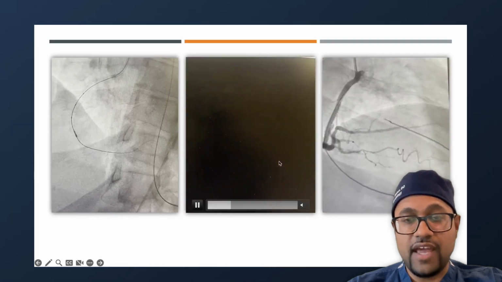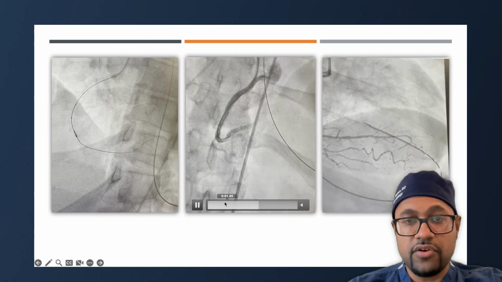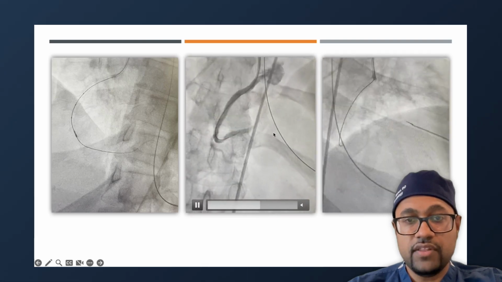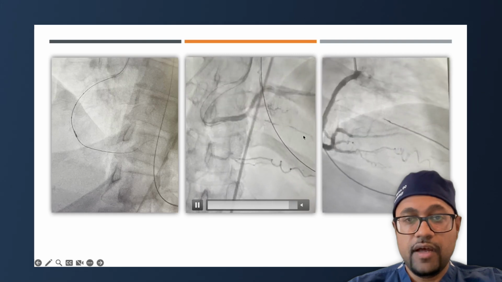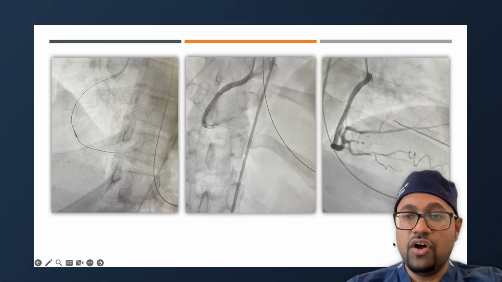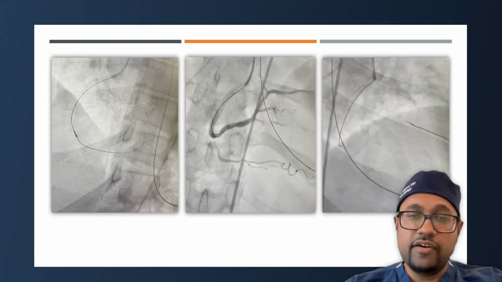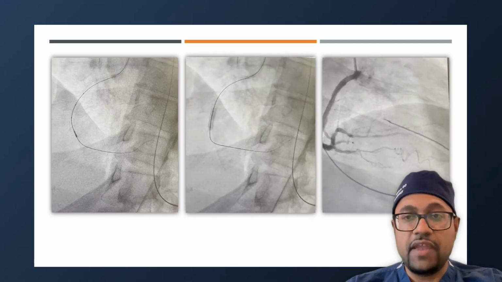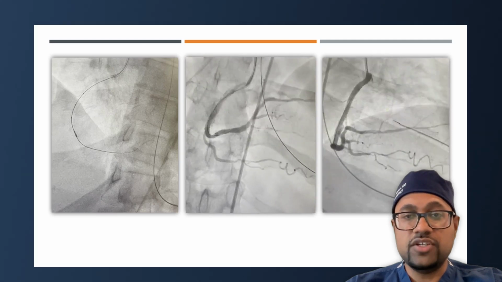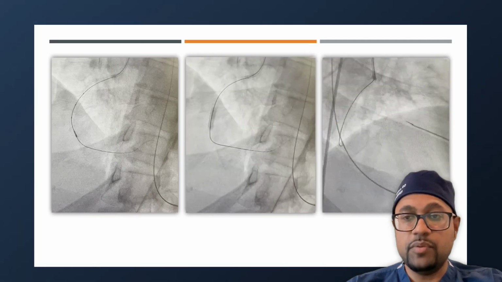There's a lot of disease in that posterior descending artery, which you can see in this image right here, in this area over here. But we leave that alone. We think we have a good flow, and that's part of the art of being an interventional cardiologist. You don't always aim for perfect. You aim for what gets the patient stable and what gets the job done. And I think this was a very acceptable result.